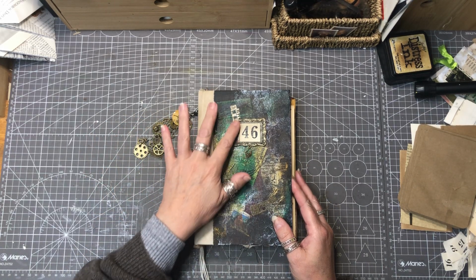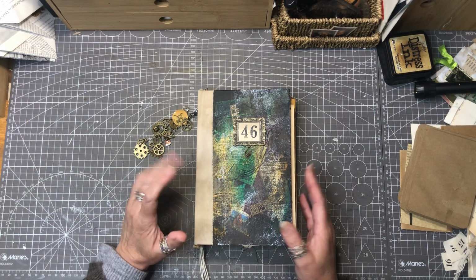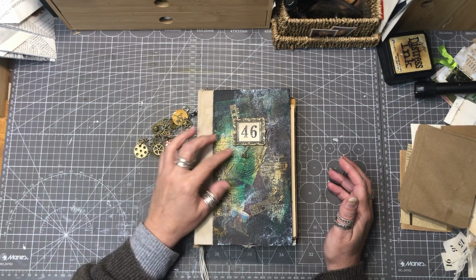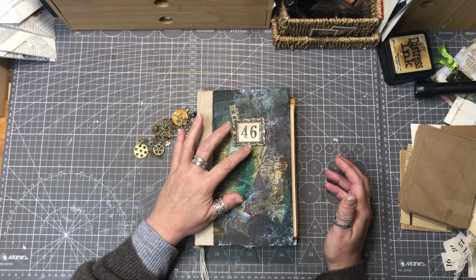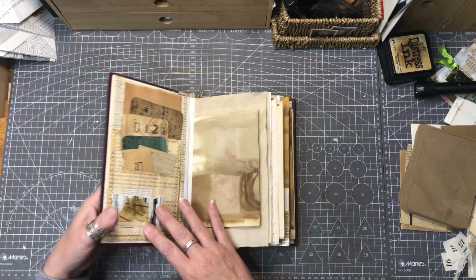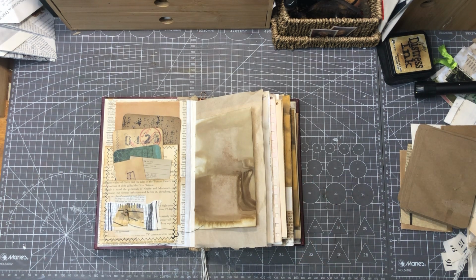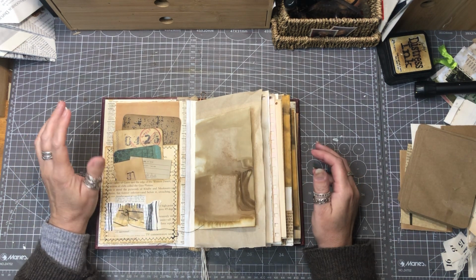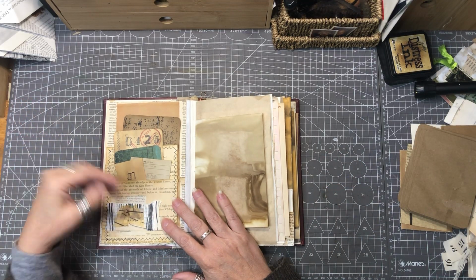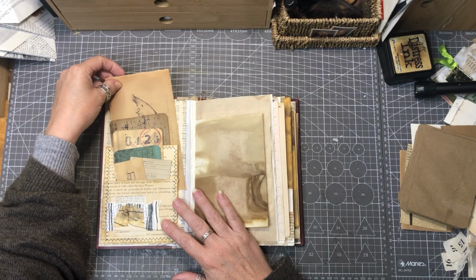So we have a little book plate with the number 46. The numbers mean nothing, they just were numbers I happened to stamp out, with this little sort of angel wing charm hanging from the frame. These are relatively unembellished journals. There's a few little bits and pieces here and there, but there's not too much going on. In the front pocket, the front of the book though, we have a pocket